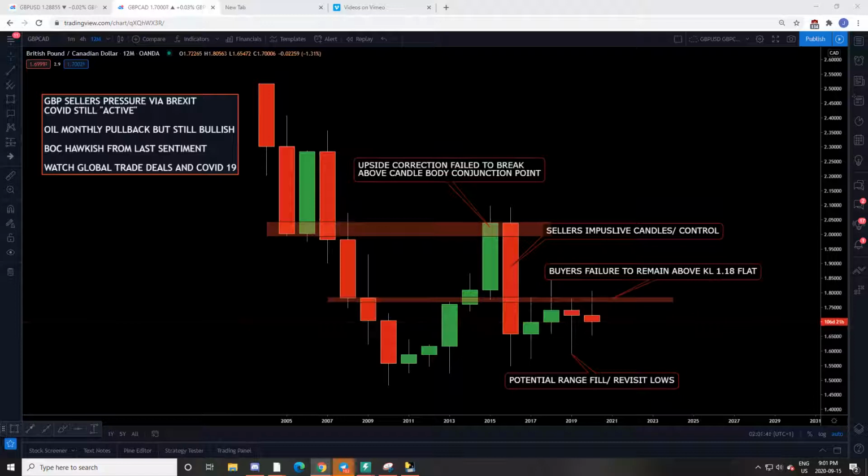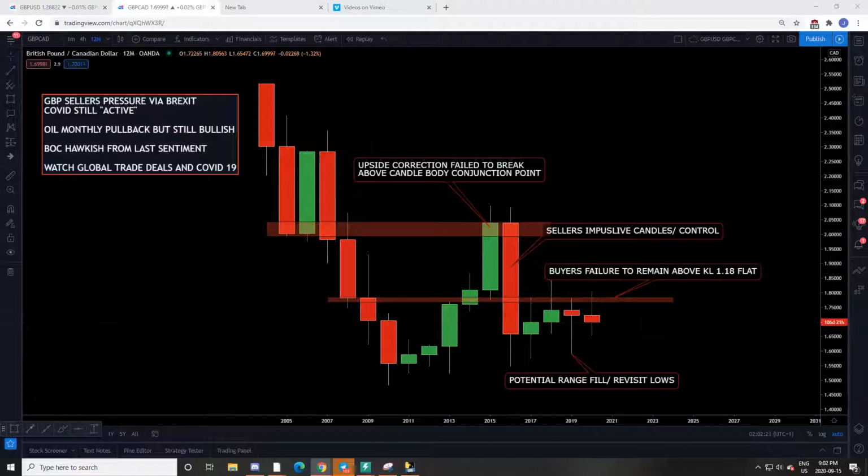We still have to keep in mind all the global trade deals, but in my opinion, GBP has more seller's pressure on it versus the Canadian dollar, which has been showing more signs of potential rebounding, especially as Canada isn't involved in as much global political conflict. Brexit is still something that is very active and ongoing, impacting GBP and euro, of course. And we still have the UK, which is going to have trade talks with the US, but they did have positive trade talks with Japan, where that impact has been already waved off as Brexit seems to be the main thing in focus.